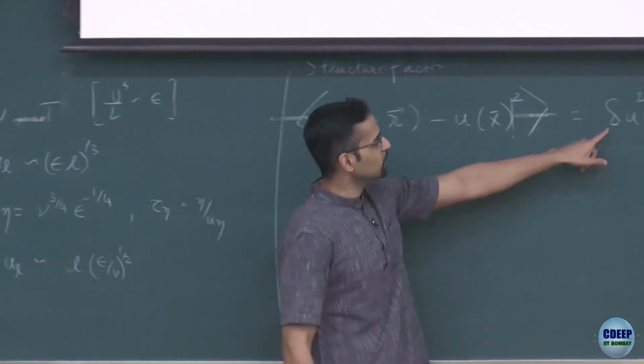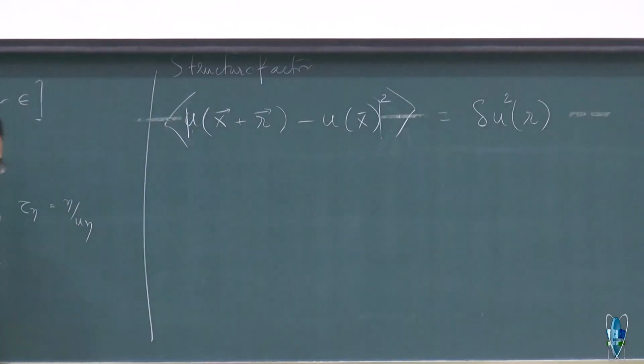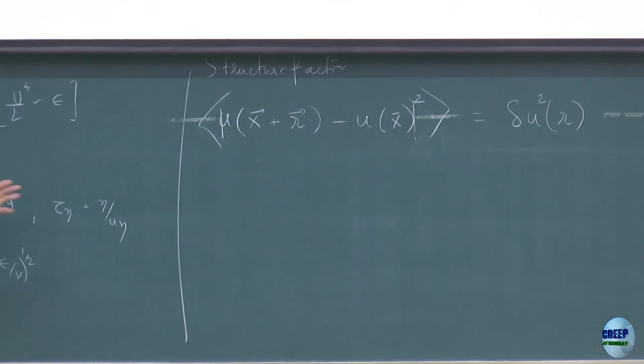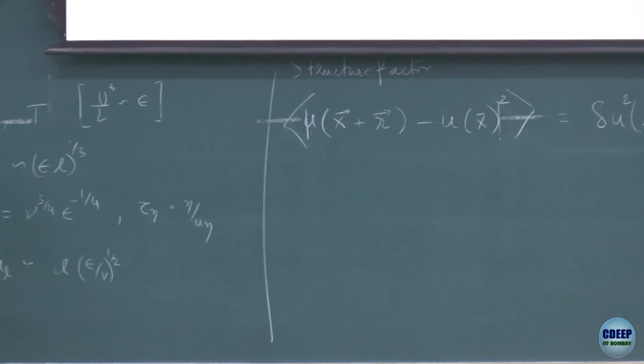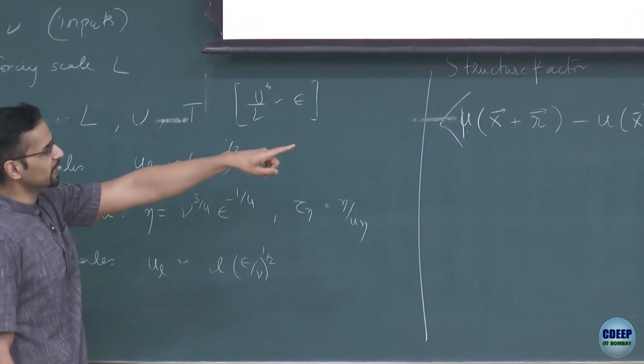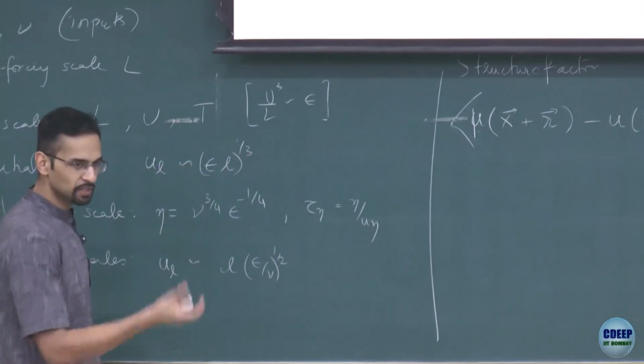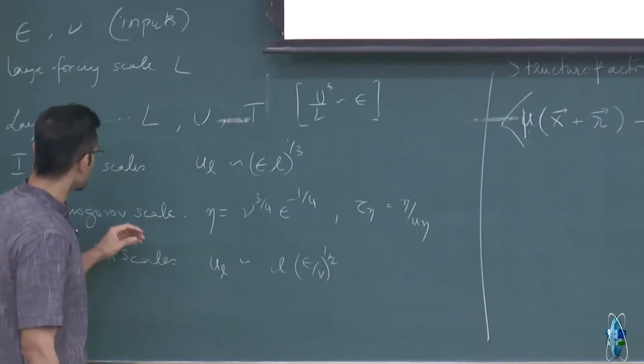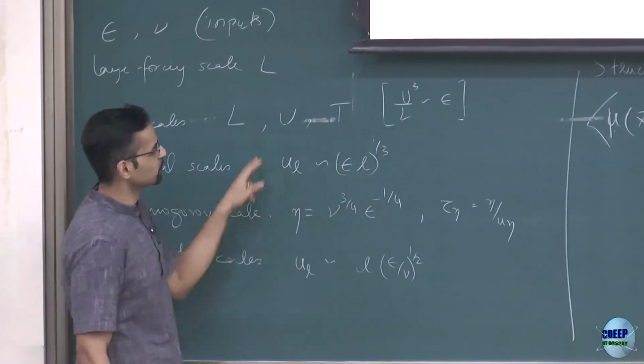Now, why we look at the second order is because it's like the variance of that distribution. Of course, the mean will be 0, but I have the magnitude, so without the magnitude, it would be 0. But the second order structure factor is like the variance of this difference. And that should connect with what I have here.